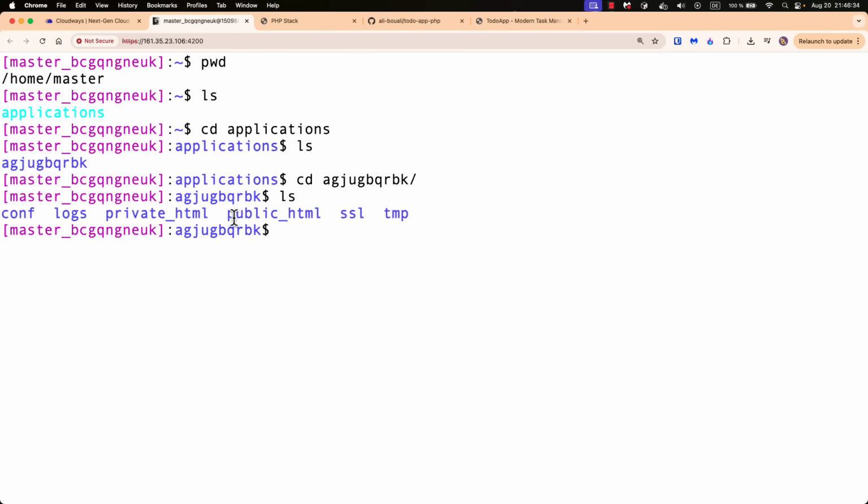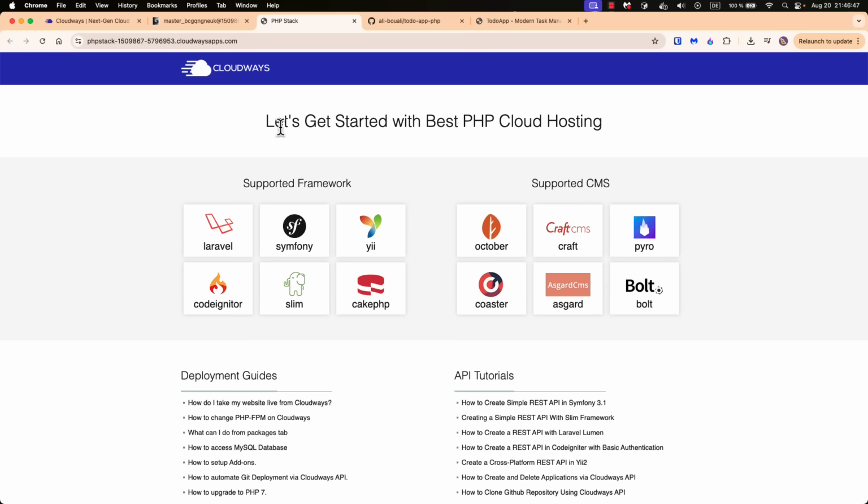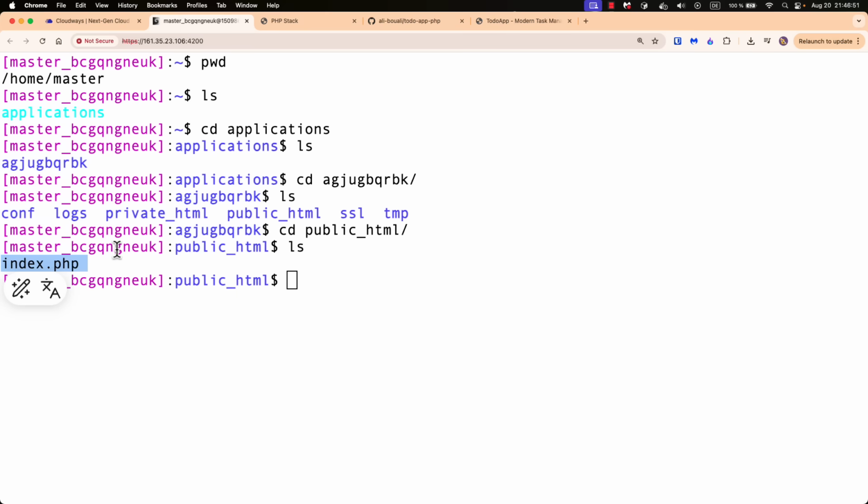And then as you can see here, we have a public HTML folder. So let's access this public HTML folder, and then let's do ls. And here we see this index.php, which points exactly to this one. So the content that we see in here is coming exactly from this index.php file. So let's keep this as is, and then let's continue creating our